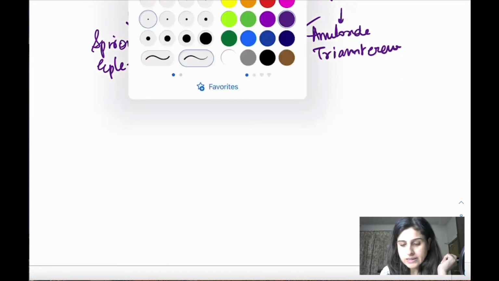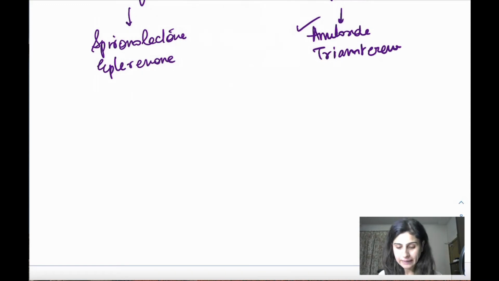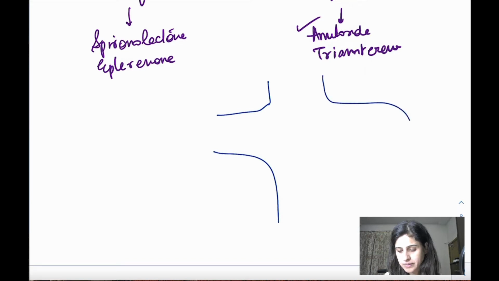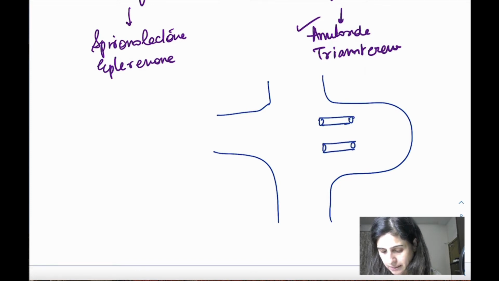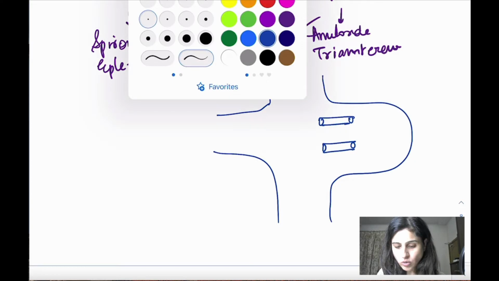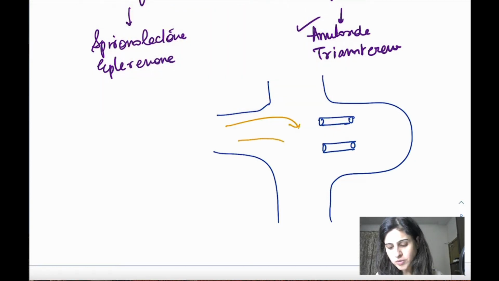If we see what happens in the collecting duct: the collecting duct consists of two cells, the principal cells and the intercalated cells. So let's talk first about the principal cells. These principal cells have the renal epithelial sodium channels. And what is their role? Whatever sodium gets delivered at the end, about 1-2% of sodium that remains after reabsorption, that gets reabsorbed through these epithelial channels.